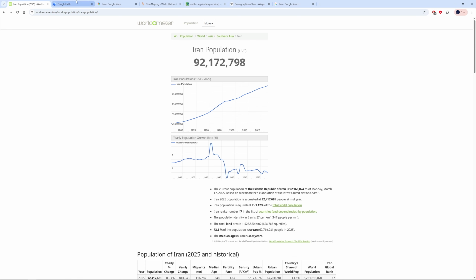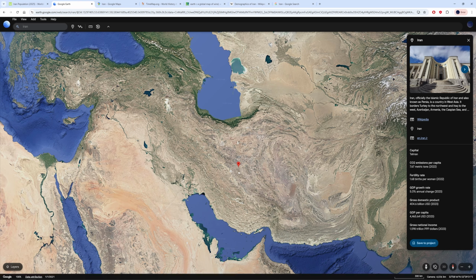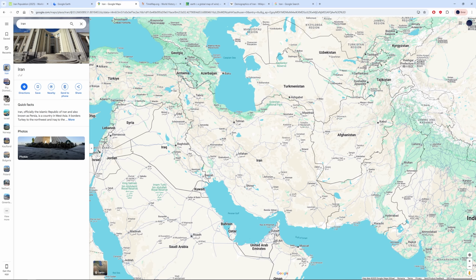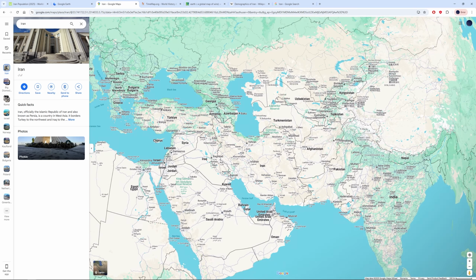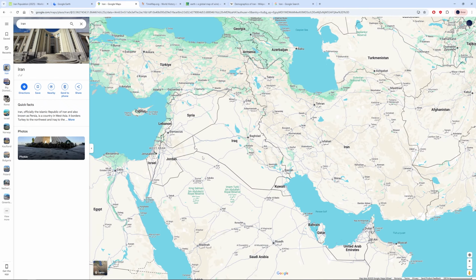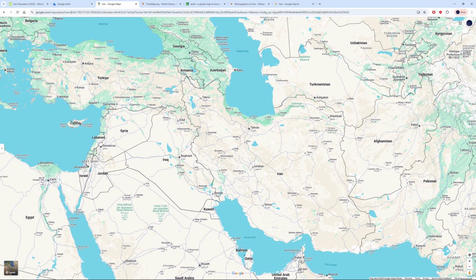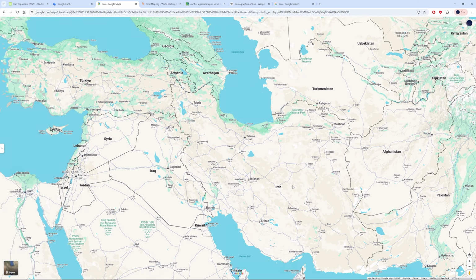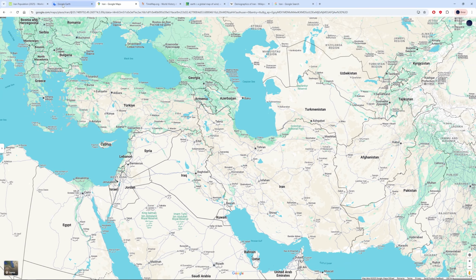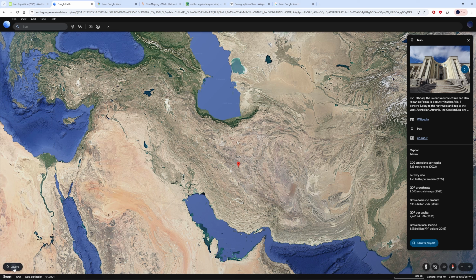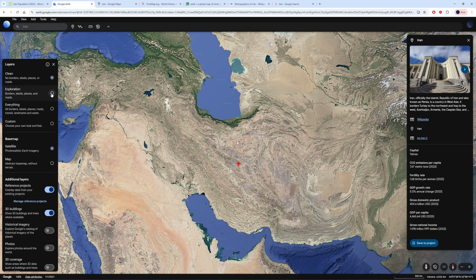Now I just want to see, okay, those are the borders, and you can see here they have an interesting one. They have that conflict with Israel now, and I kind of chose to make those videos together. Say yesterday I made Israel and now we make Iran, just to have an idea where they stand together. But I want to see exactly how those people live, and I'm going to put the borders on because I don't want to go outside them by mistake, obviously.